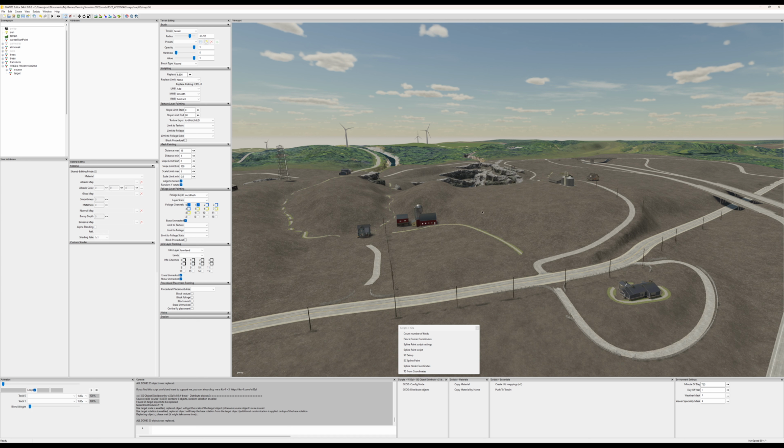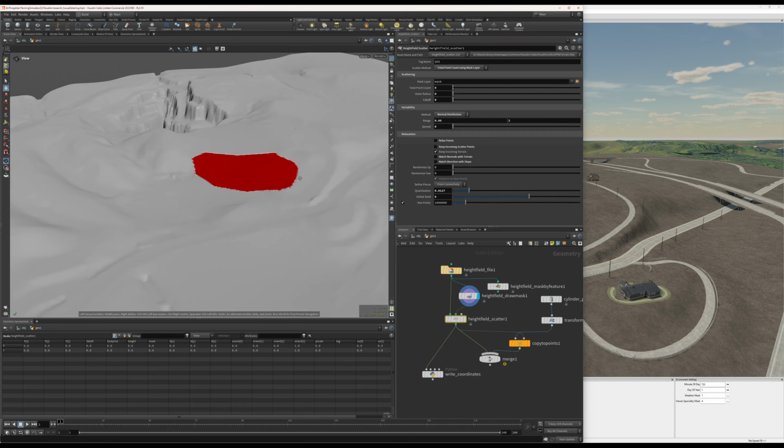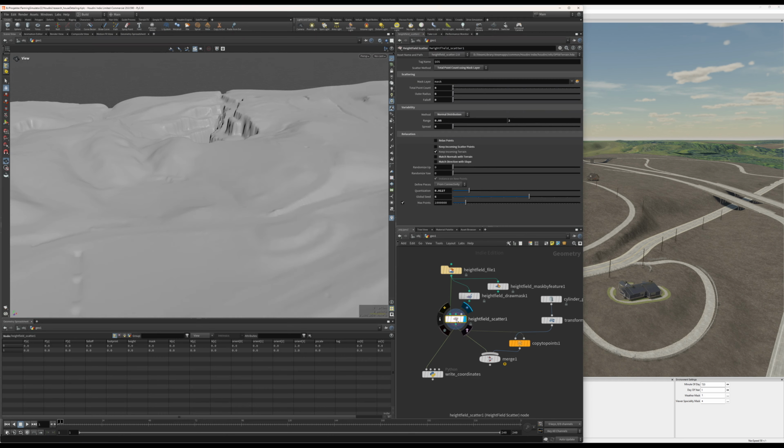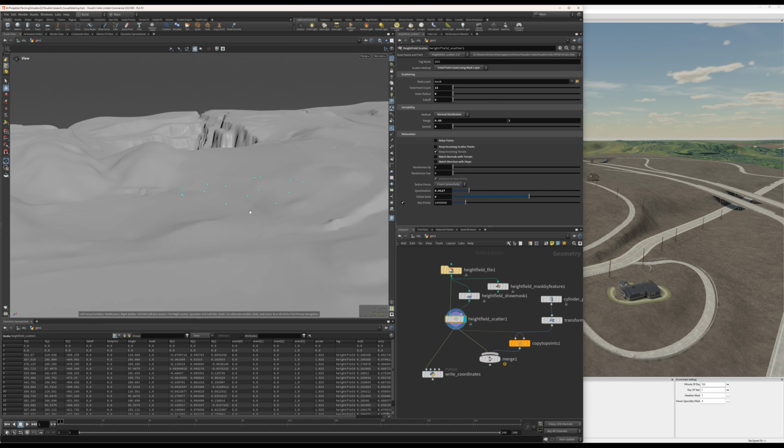So I got this area in Houdini ready for me. And I've drawn a mask where I'd like to have some trees. And within this mask, I'm scattering some points. So let's say 15 points. Now you can instantly see that I'm getting these points on the map, but I'm also getting a lot of